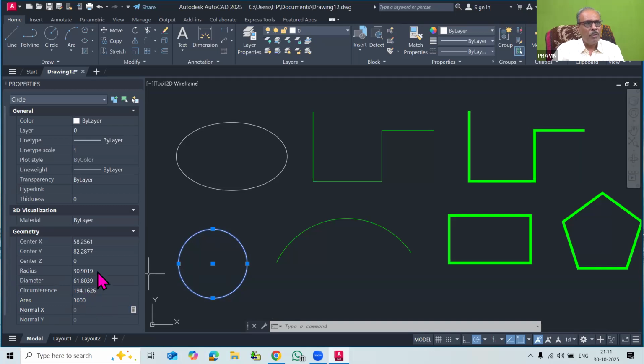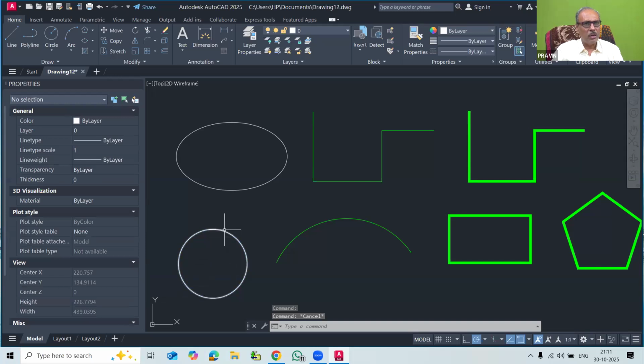So this is a fantastic, important thing: for the circle, you can adjust the radius, diameter, circumference and the area of the circle, using the properties dialog box. I hope that you have understood the various properties of the circle.